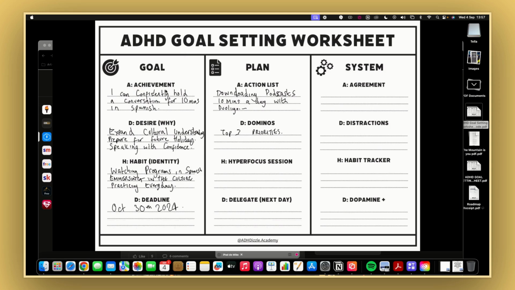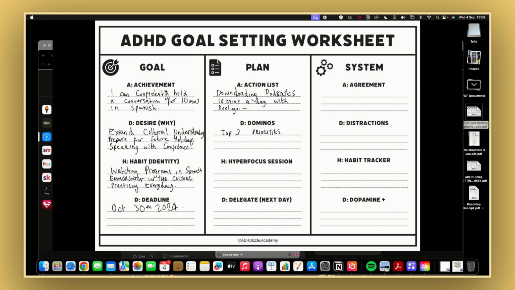Your distractions are all the things that are likely to come up and get in the way of you doing this thing that you said that you're going to do. What can that possibly be? And you have to be really honest with yourself. Don't pretend, oh yeah, from now on I'm not going to be doing this. So, don't put it down. Put it down. What have you been doing for the last 10 years? The last 6 months? The last week? What have you been doing that stopped you from doing these goals that you've been setting for yourself? Like, what's been stopping you?